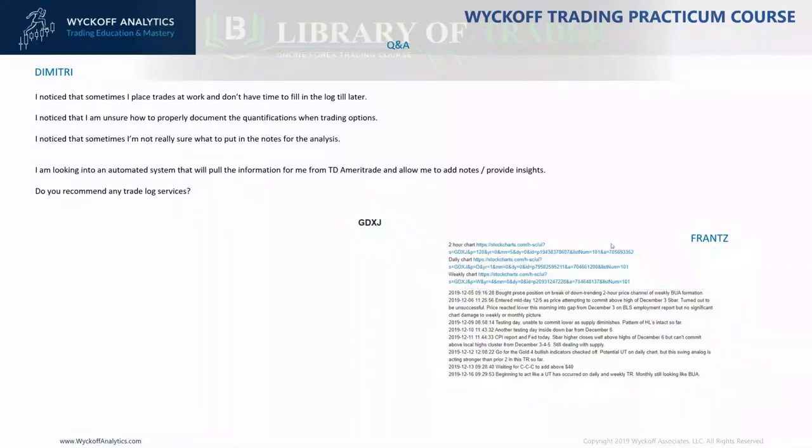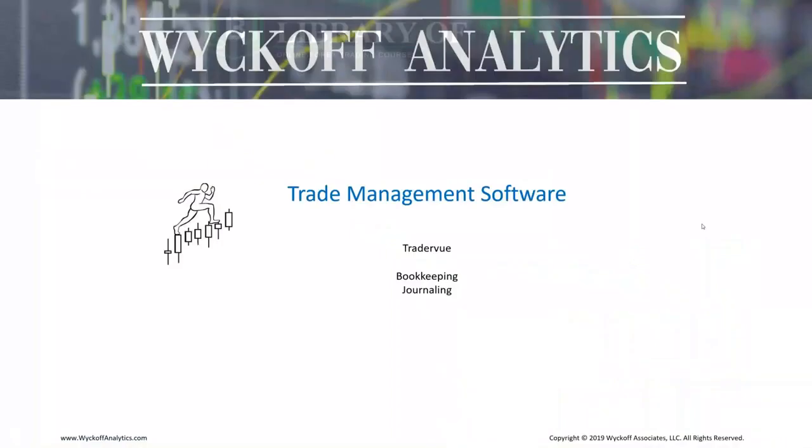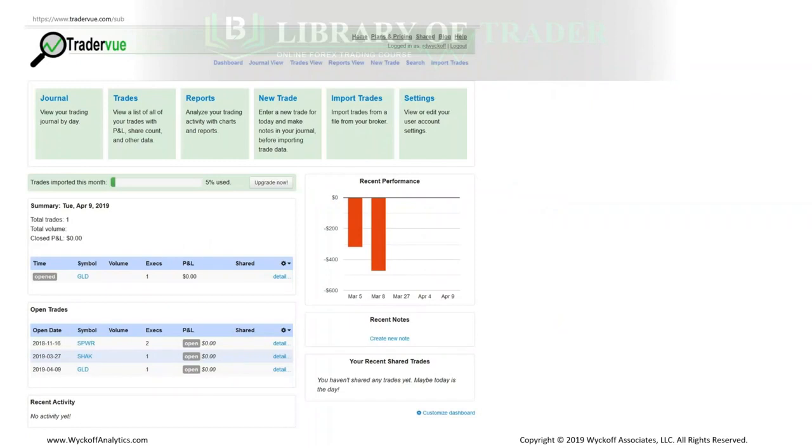Okay, well, I'm going to show you from a slightly different perspective. This software that Franz recommended, we actually discussed in the June special, Trust the Process. So I'm going to show you the slides from there. This is a trade management software. You have the capability with this software to bookkeep and also to journal, which is very valuable, and it's called